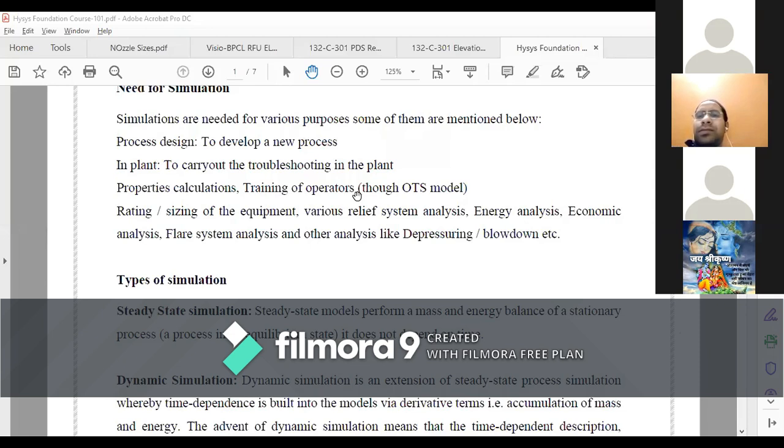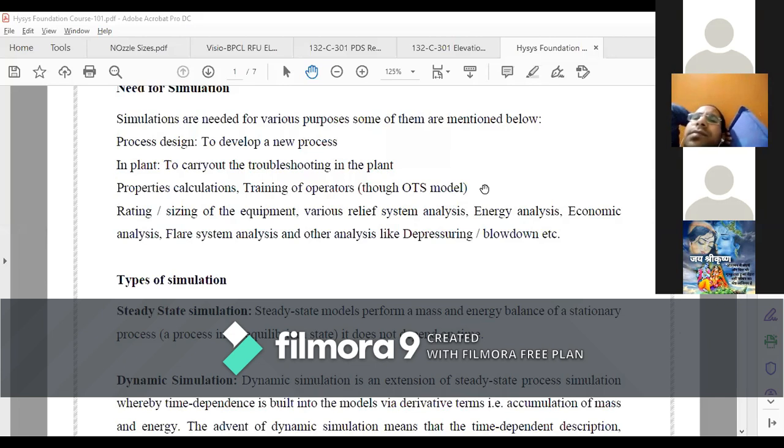What you have observed is, if a new GET or new joinee comes to the plant, what is he supposed to do? He will go through the basics of that particular plant. First he or she will go through the block flow diagram, then the process flow diagram, and understand the entire process of that unit.